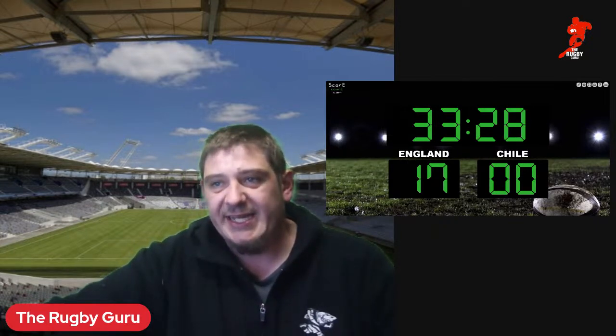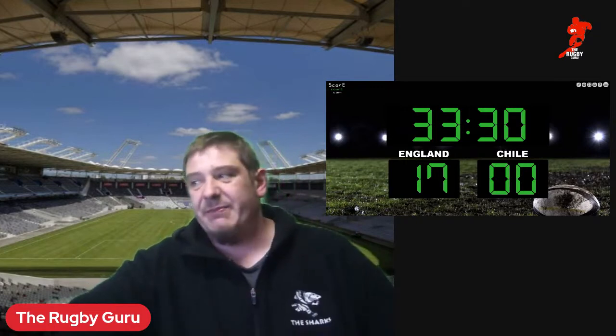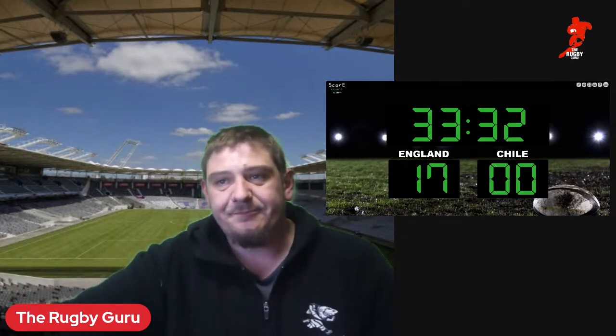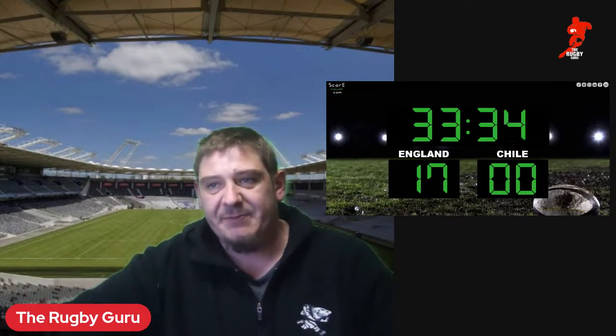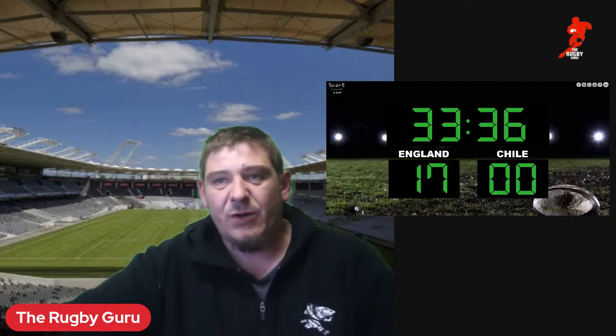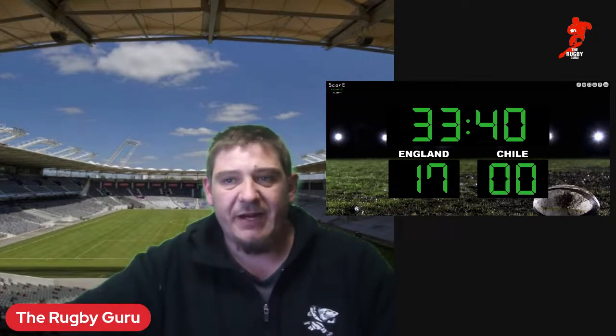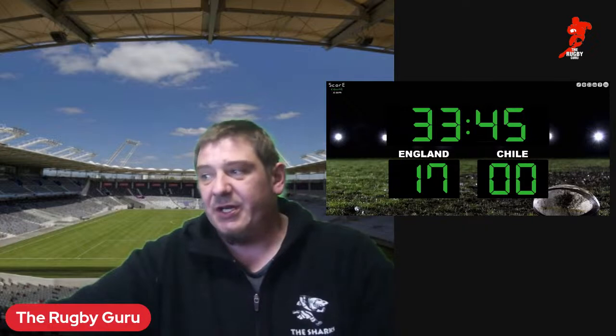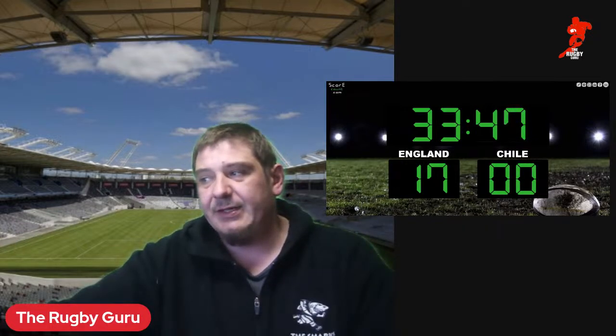Ollie Lawrence takes that ball up just over the 22 in the middle of the field now. Owen Farrell back to Max Malins. Now Elliot Daly, they go to Rundle, but it's sloppy at the back from England. They've managed to secure this ball just inside the 22 of Chile.